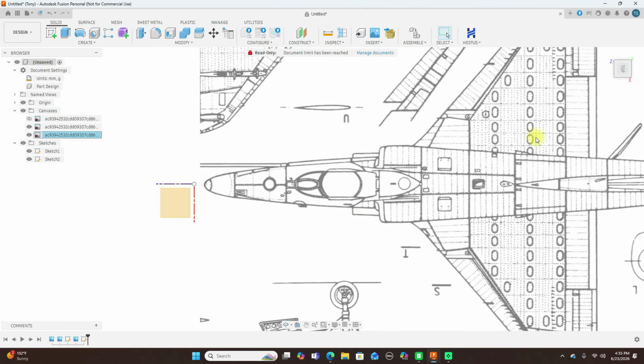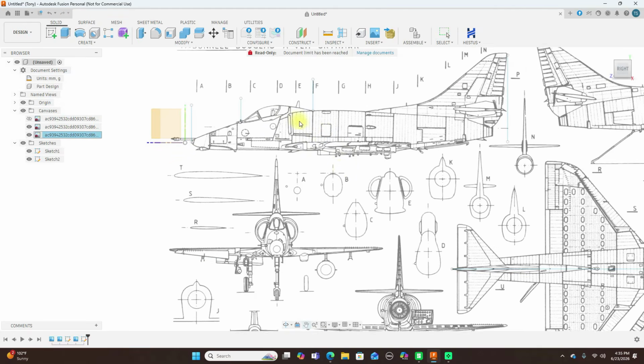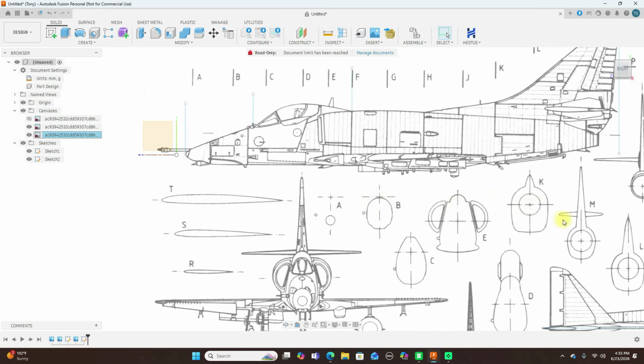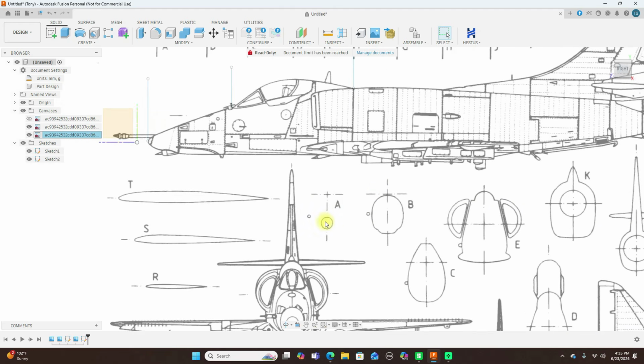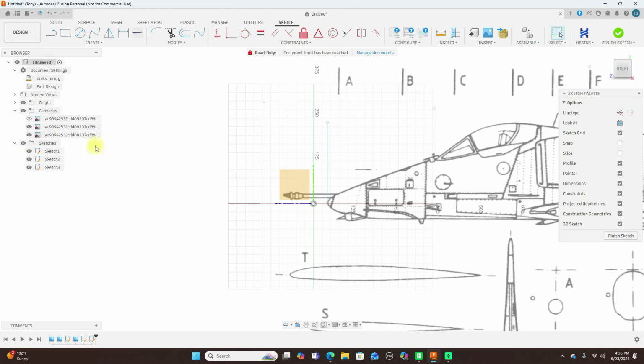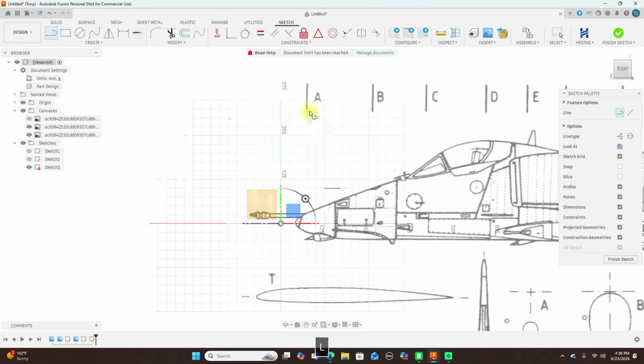Now this particular set of drawings, I would not worry about too much as far as the side views and stuff like that. But be very, very careful when using these former shapes. As you can see, this is A, and this is A right here. So if you drew a line or sketched a line, turn these others, or excuse me, these and this one off, and you sketch the line from A down here,